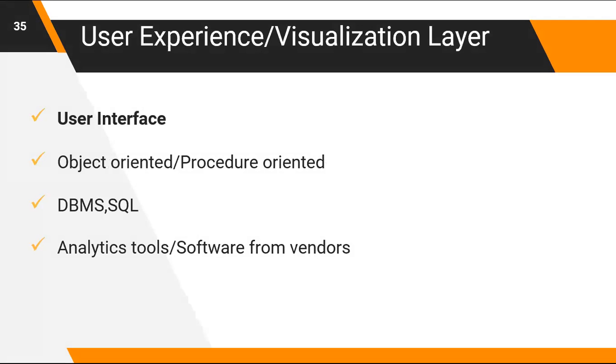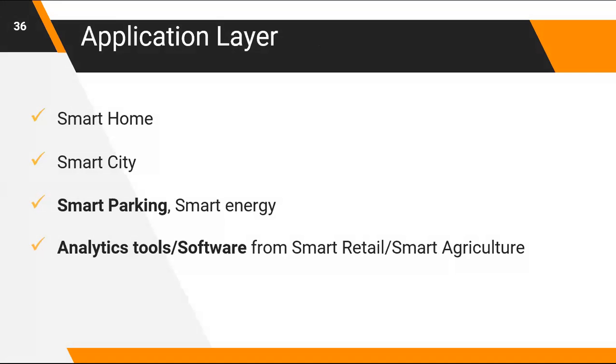The next layer was the user experience layer. Here we create the app, which will be user friendly to the actual customer. This specifies your user interface. The last layer was your application layer, where the product that you are building comes out. This is where the complete application comes to a shape.